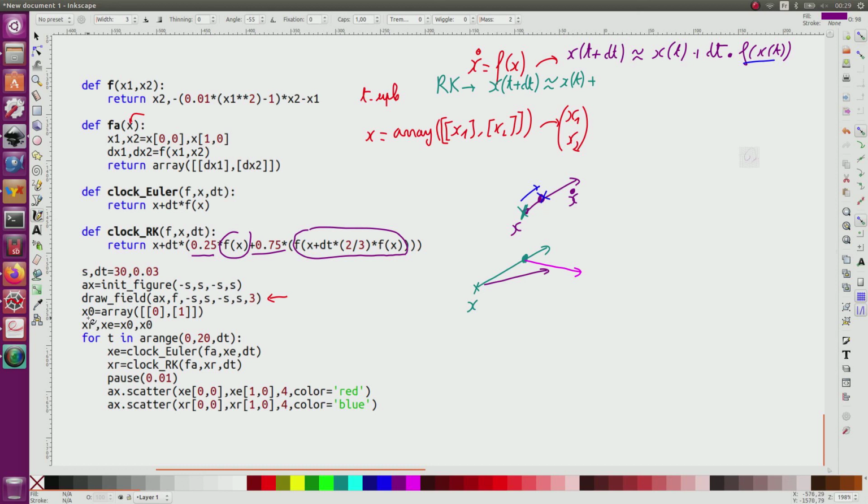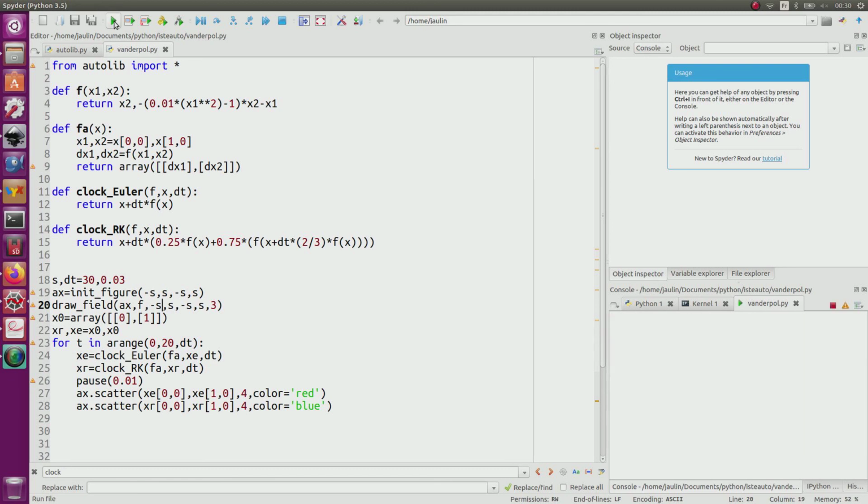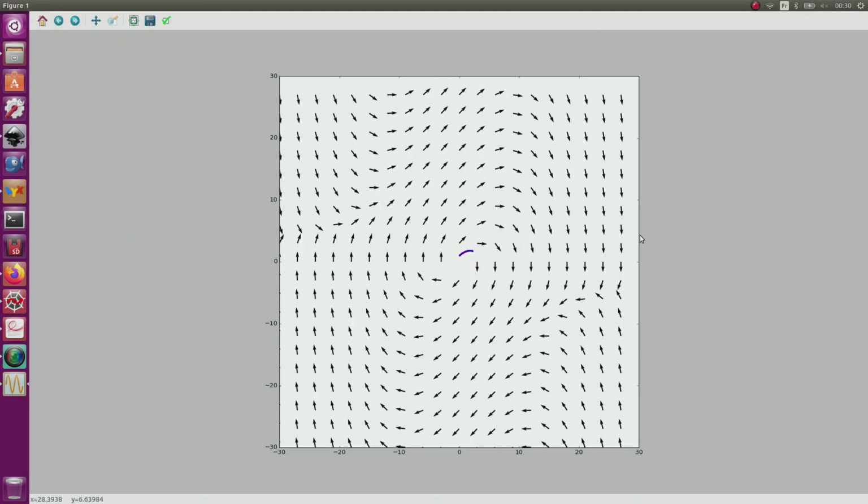So now what happens is that I will initialize XR, like Runge-Kutta, and here like Euler, at the same initial condition, just to make the comparison. I will perform an Euler integration scheme and here a Runge-Kutta. And then I will draw a point, red for Euler and blue for Runge-Kutta. I switch to Python, I run, and I can see that at the beginning the blue and